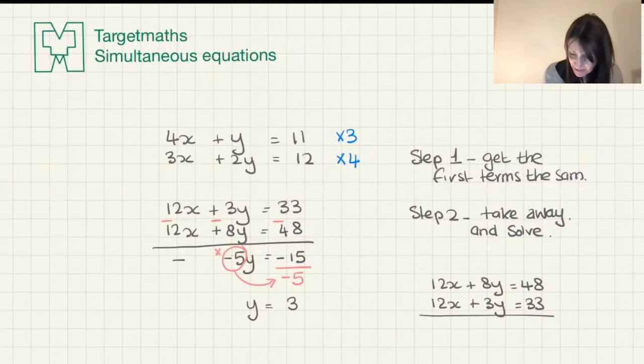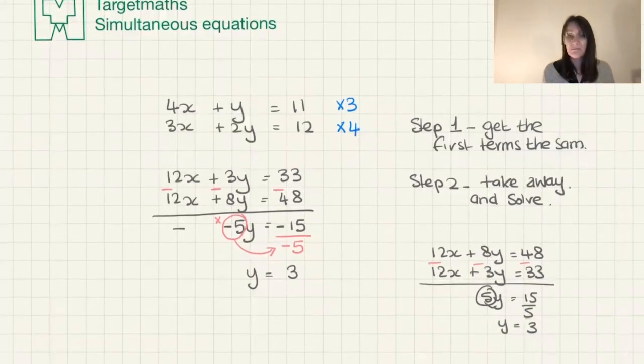I would then do my take away, take away, take away. And actually what I get is 8 take 3, 5y, 48 take 33, 15. Divide through by the 5, and your y is equal to 3. Exactly the same thing without the negatives. I'd love to tell you that that would work every single time, but it doesn't. It just works sometimes. Sometimes you can rearrange it and it'll work with one section of the question, but then it won't work with another section of the question. It's working beautifully here. And it's a nice little trick to have up your sleeve if you were struggling, but